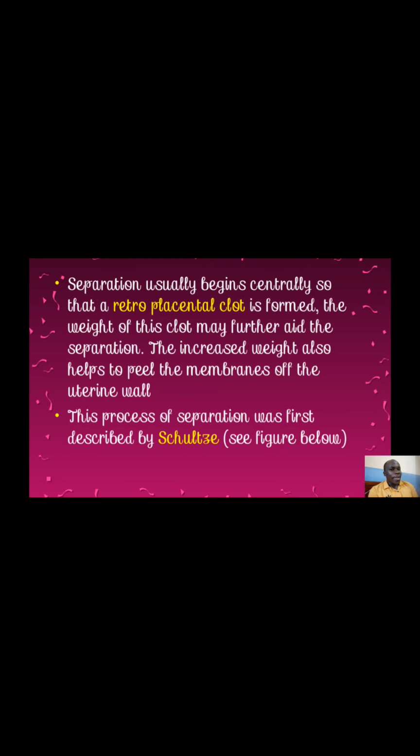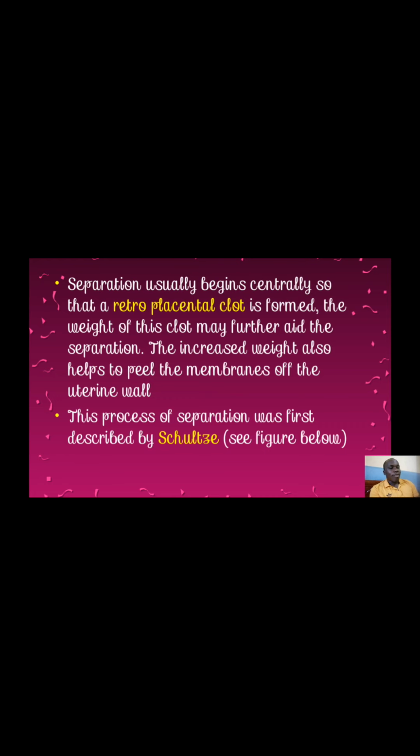So the weight of this clot may further aid the separation, kwa sababu clot zinazidi kuongezeka. Inavyozidi kuongezeka ile clot, it means inakuwa na kauzito fulani, ambao katasaidia continuous separations of the placenta. This increased weight also helps to pierce the membranes of the uterine wall. Kumbe inavyozidi kuongezeka ile clot, inakuwa na uzito fulani ambao utasaidia placental membranes zi